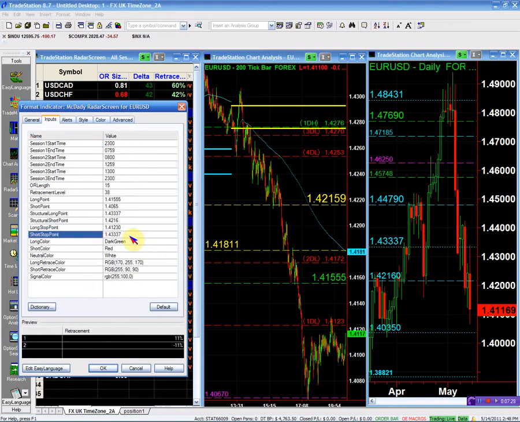So my long stop and the short stop is one and the same. My structure short is 140.35. And my structure long is